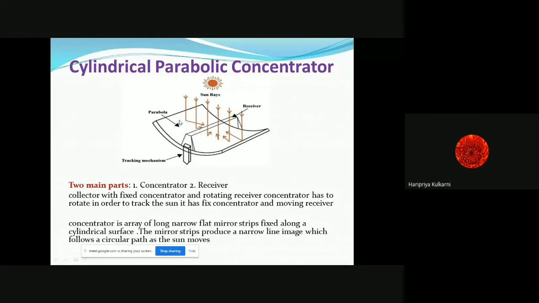So the parabola is made up of a mirror. So all solar radiations will fall on it. It will get focused at the center, which is a receiver, a line receiver shown here, and we provide tracking. Again, in tracking, there are two methods, I mean, single axis and dual axis. So in unit number 2, we'll go in detail with that.